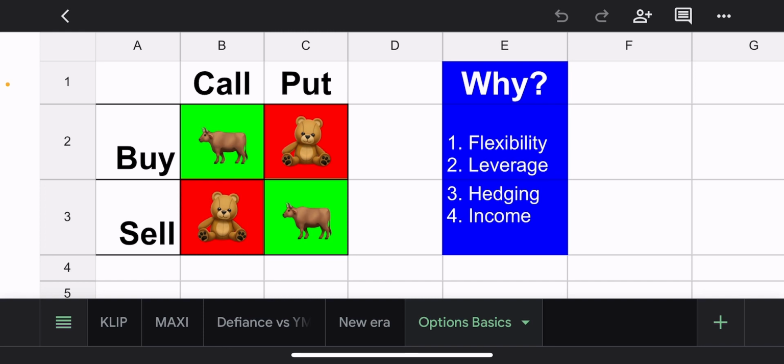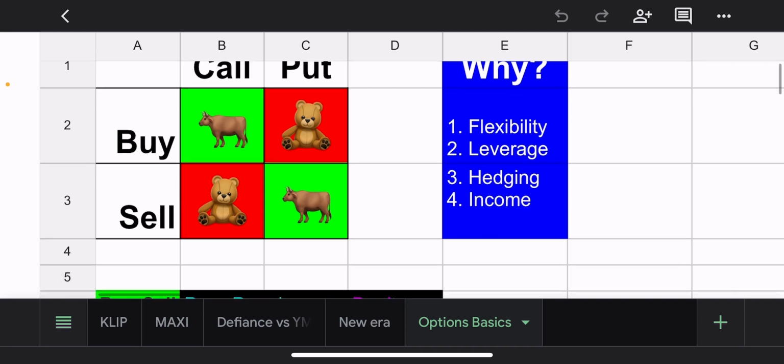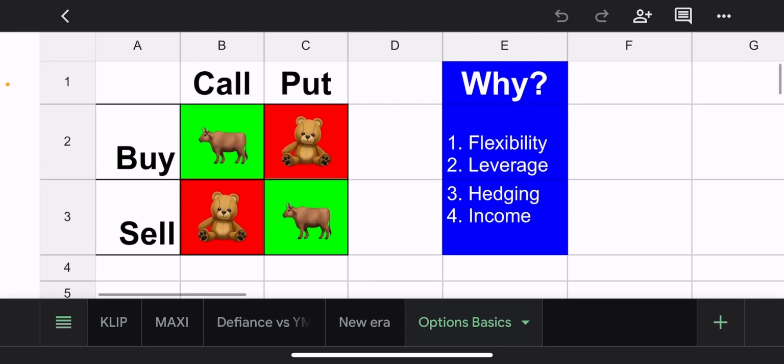And I'm not going to lie. When I first got into options, it was on Robinhood. And Robinhood makes it so easy to understand. And then I changed brokerages to TD Ameritrade. And their Thinkorswim platform is very advanced and very scary. I'm hitting buttons. I'm like, oh, crap. I hope this is right. Robinhood made it very easy.